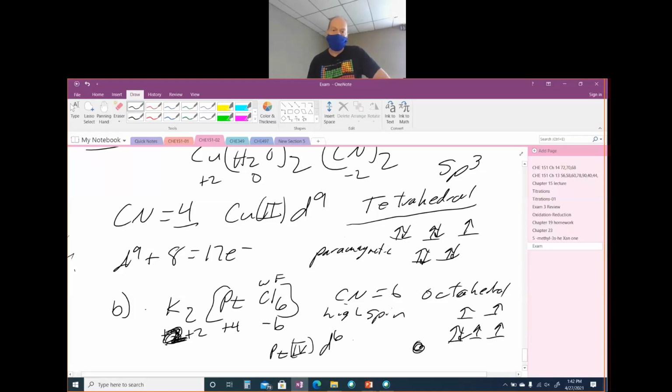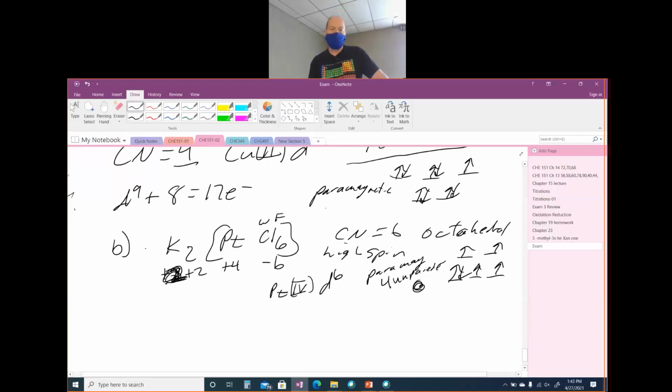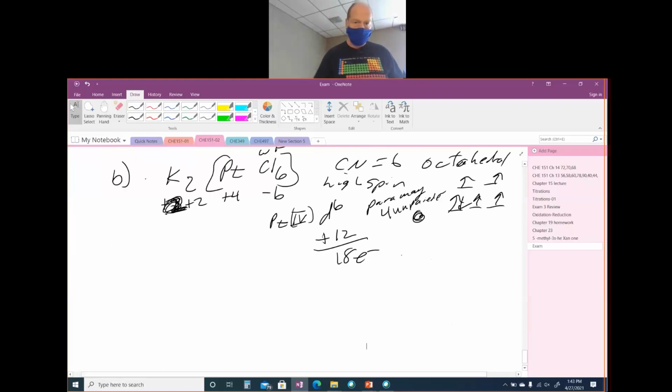And so this is high spin because the Cls are weak field ligands, and so it is paramagnetic with 4 unpaired electrons. When you do your total electron count, you got your D6 plus your 12 ligand electrons from the 6 Cls. This is an 18 electron complex, which is predicted to be a stable